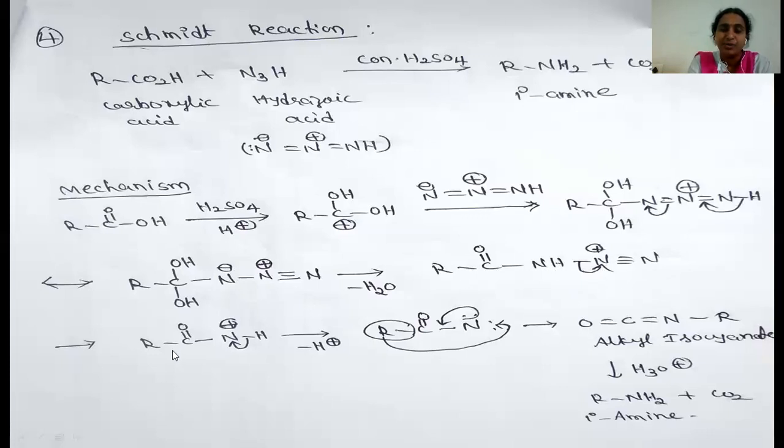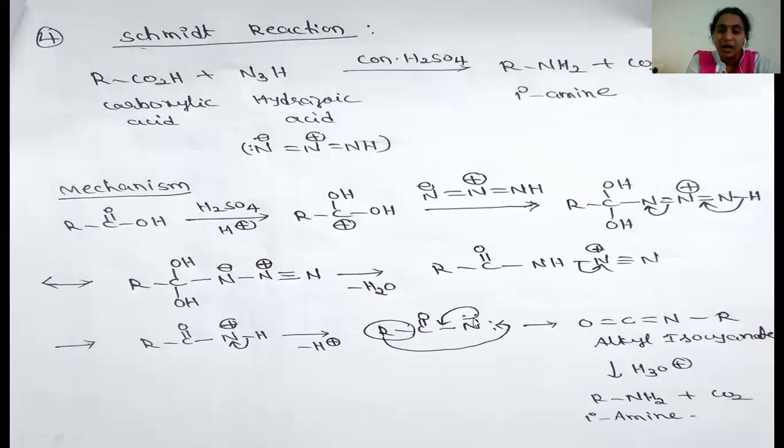So finally which produces the RC double bond O NH plus, because this nitrogen's bonding electrons are taken by this compound, hence which gets the plus charge on the nitrogen. So to neutralize this charge, again it takes its bonding electrons. So finally which produces this nitrene, or C double bond O nitrogen. Here it contains two lone pairs of electrons.